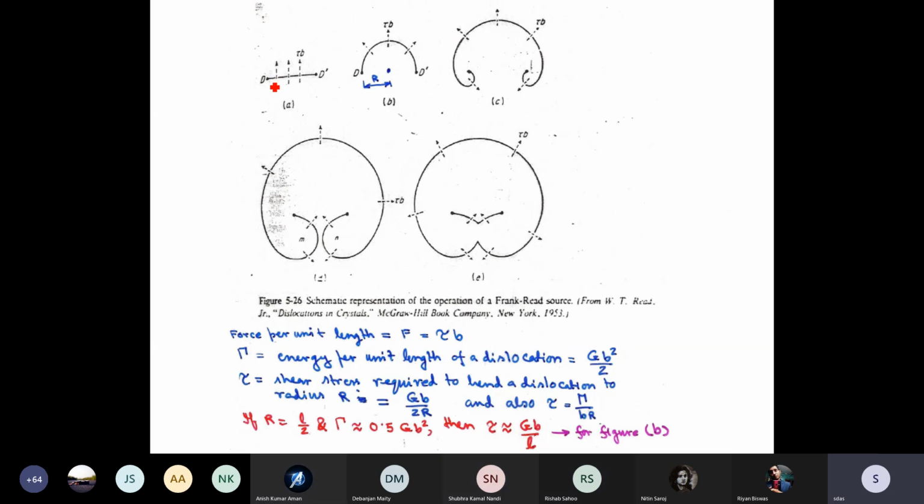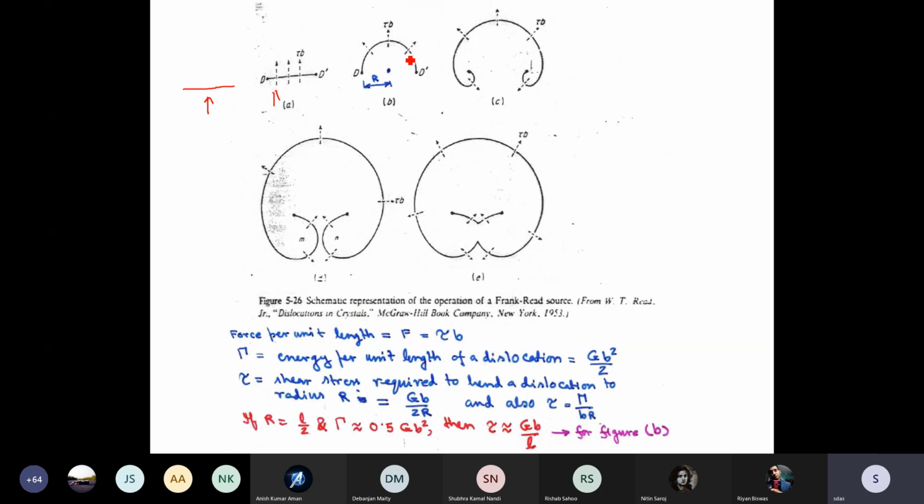A dislocation is moving on a slip plane towards this direction, the slip direction. It encounters two fine precipitates, second phase, which inhibit the motion of the dislocation. The particles are strong, dislocations are not able to cut through. And we are applying shear stress from this end. What will happen is this: